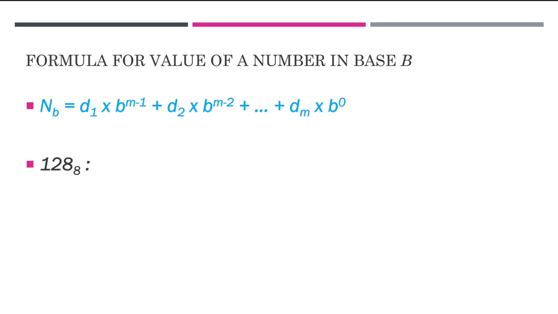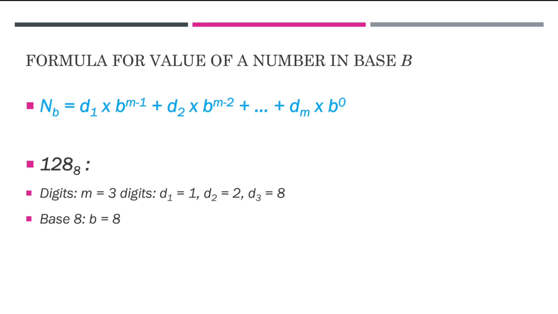Earlier we looked at 128 in base 10, but what if 128 was in base 8? What would this number actually equal, because it's not 128? Using our formula, we can say that we have 3 digits. Digit 1 is 1, digit 2 is 2, and digit 3 is 8. Our base is 8, so b equals 8. If you break it down, 128 in base 8, you take your first digit, which is 1. You multiply that by the base 8,